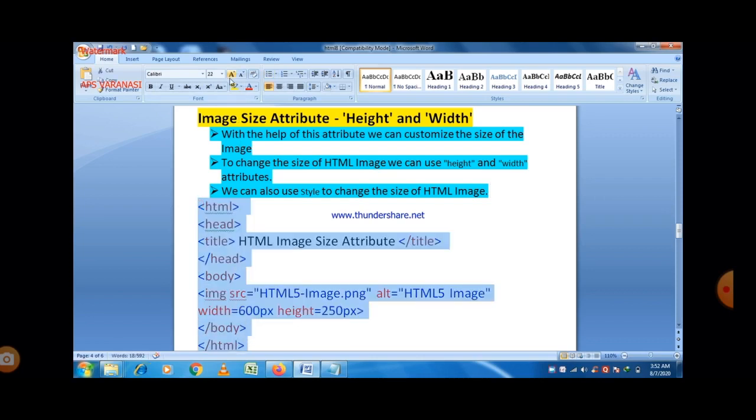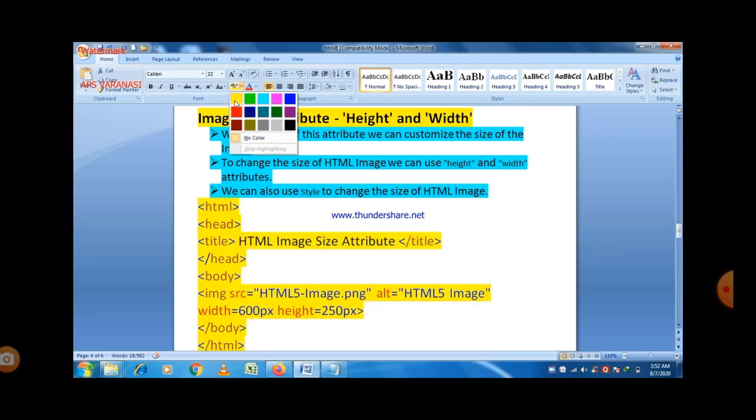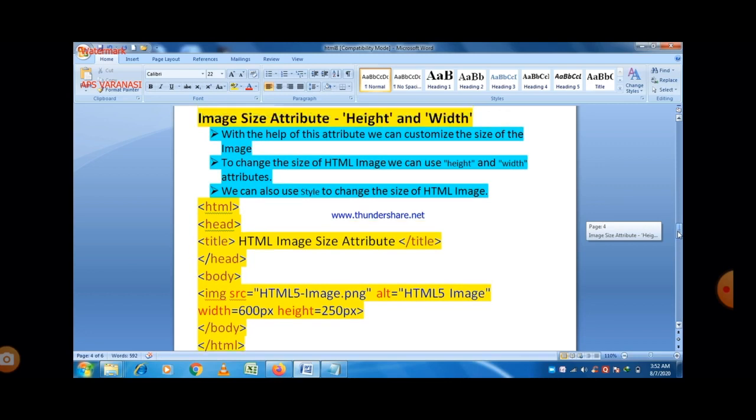The value should be given in terms of pixels or in terms of the percentage of area. So this is a small program here. You can see here that width is given as 600 px, meaning pixels, and height is given as 250 px. And if you want to give the value in terms of percentage, then just write the percent sign here.